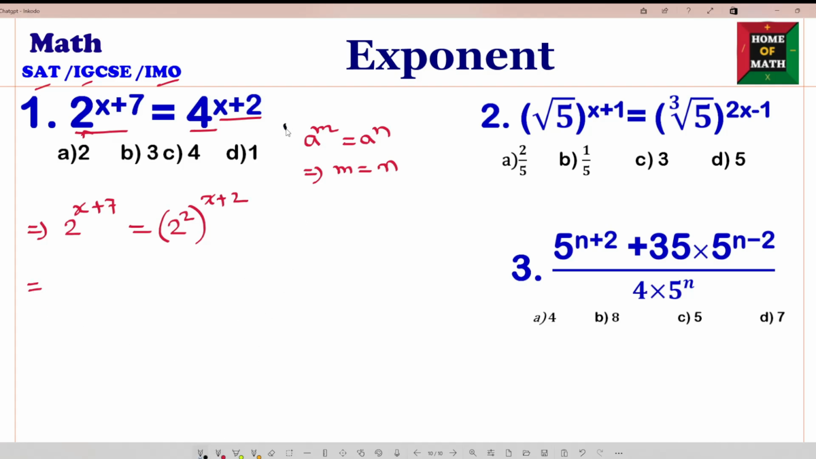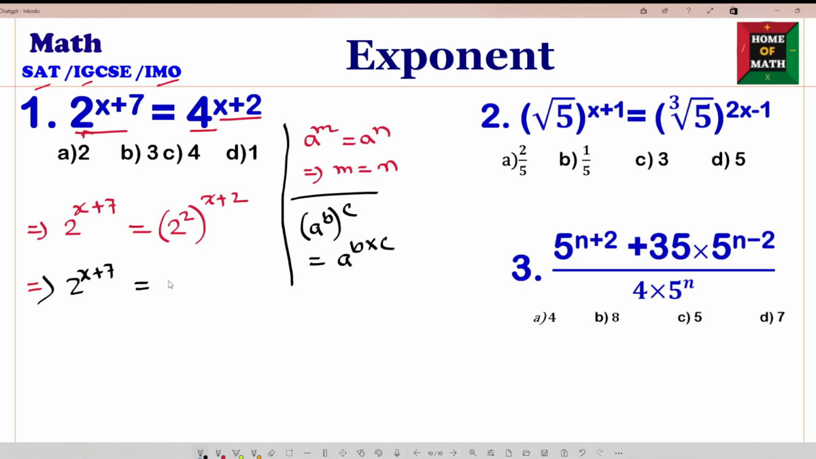Look, we also know another thing, which is a to the power b to the power c, we can write as a to the power b times c. Therefore here is 2 to the power x plus 7 and here is 2 to the power 2 times x plus 2. Now look, here the bases are the same, therefore we can write x plus 7 equals, here is 2x plus